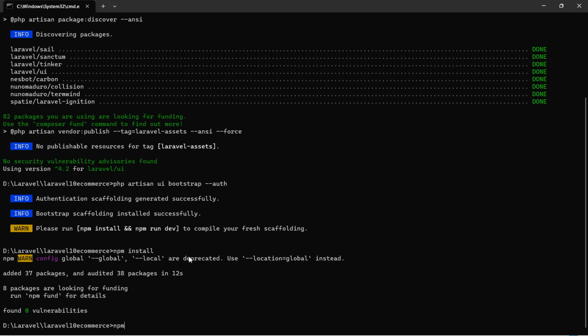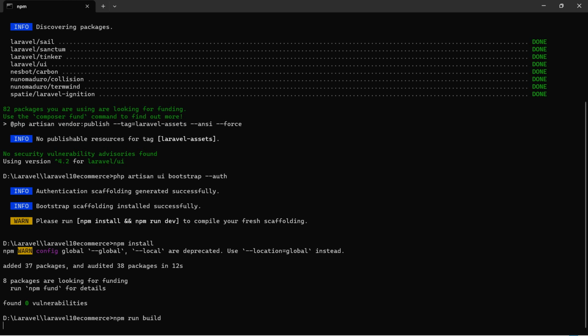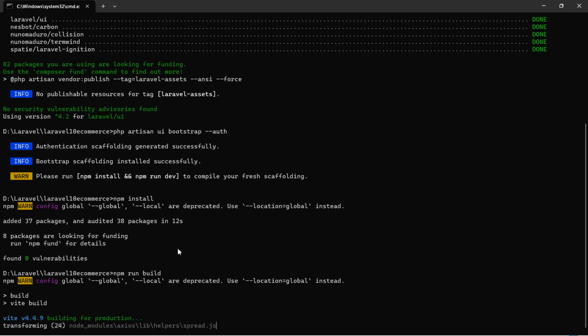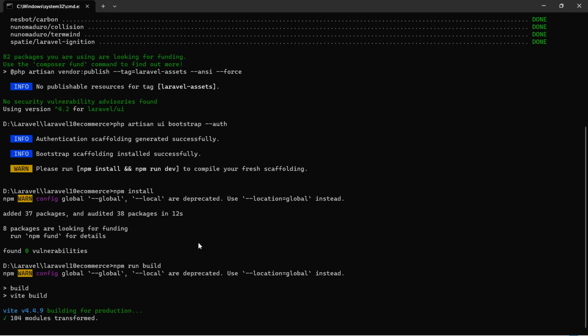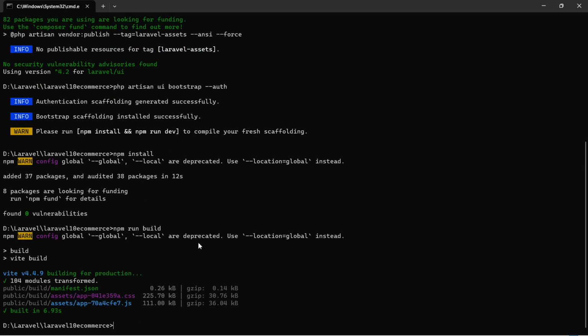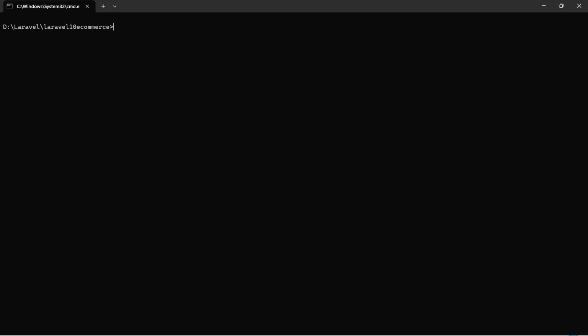So right here npm run build. Okay, now clear the screen and let's open the project in Visual Studio Code. So right here code . now hit enter,